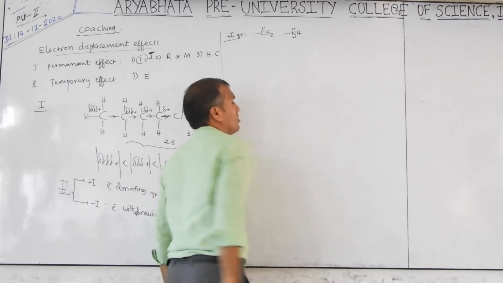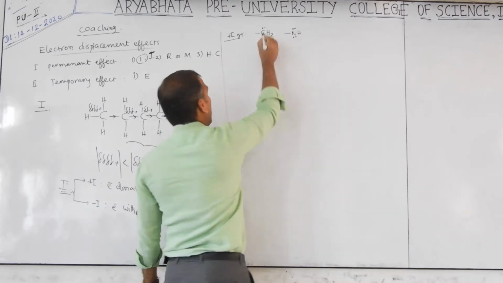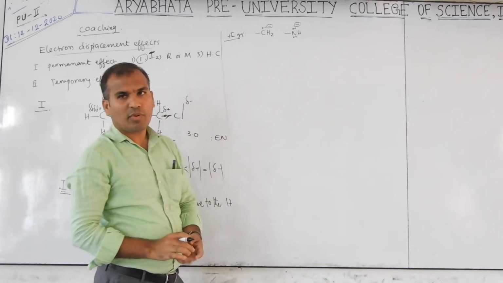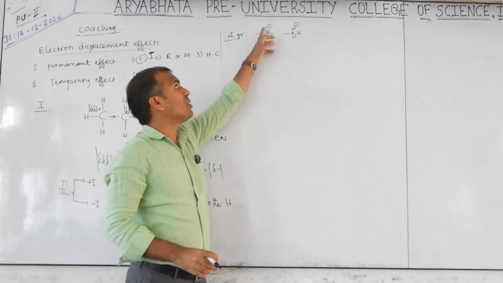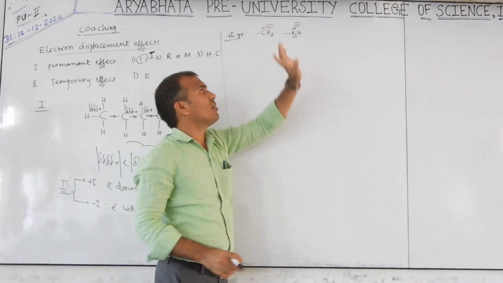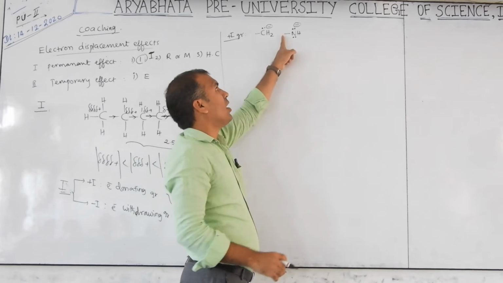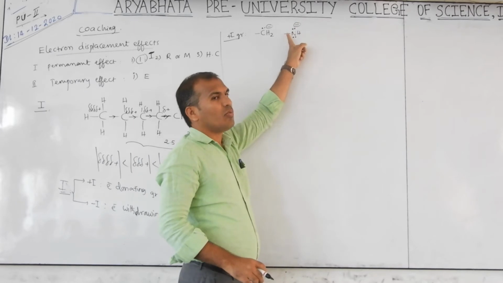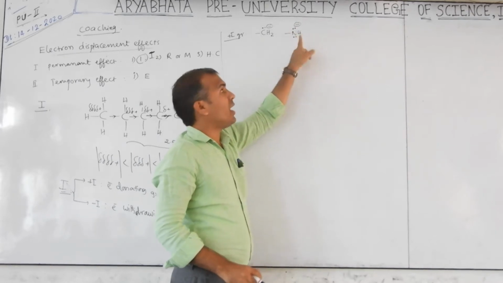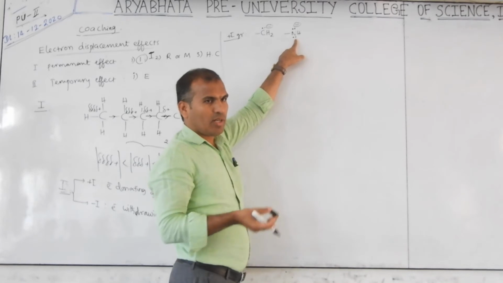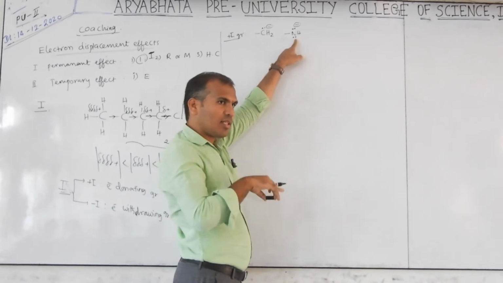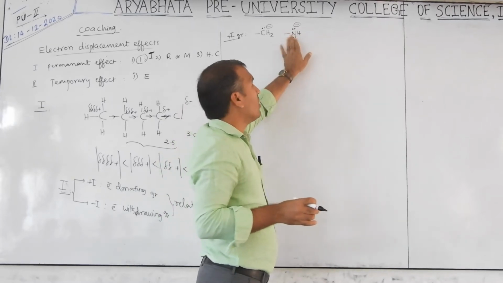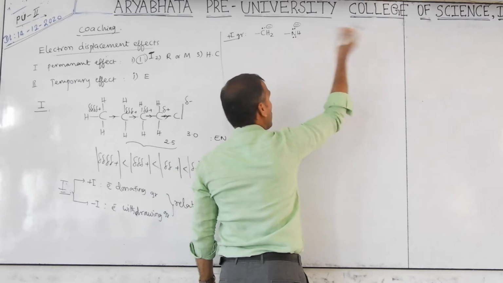Next, nitrogen. Nitrogen forms how many bonds? 3 bonds. It is also negative, because if a bond pair is attracted towards the carbon, then it is not a lone pair. Lone pair is negative. Nitrogen valence is 3: 1, 2. This is a bond, this is a bond, not negative. One bond with hydrogen, a second bond, and the lone pair attracted towards itself. One lone pair is already present. So totally, this is an electron donor.